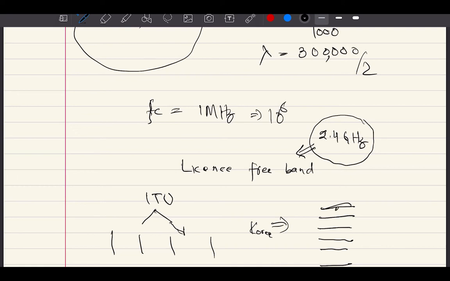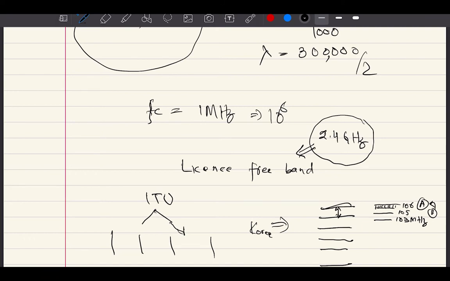For example, for the FM frequency, there are plenty of companies who are broadcasting on FM, right? Even the FM people have to purchase those bands. For example, this is FM 106, then there is FM 105, FM 103 megahertz. So the FM is ranging from 88 megahertz to 108 megahertz. So once this FM band is purchased by, for example, A person, the B person cannot use that band because